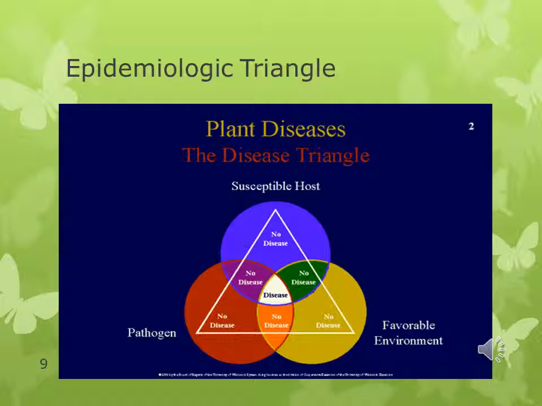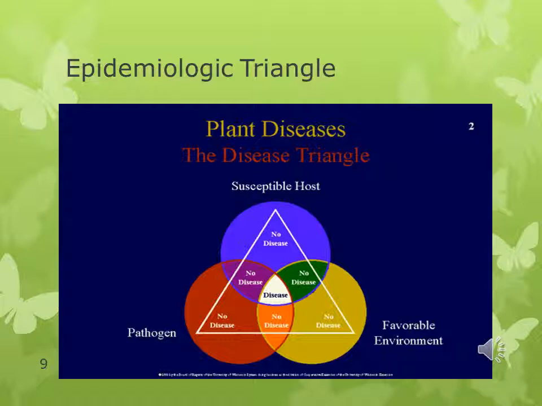On the outer corners we have the susceptible host, and that's our client. And we need a pathogen, something introduced into the situation that could cause us harm or could be the reason for our patients being in a state of not optimal health. And what is it about the environment that's actually favorable for the pathogen to be able to take hold and cause illness? If you look through, it really does take all three of these working together